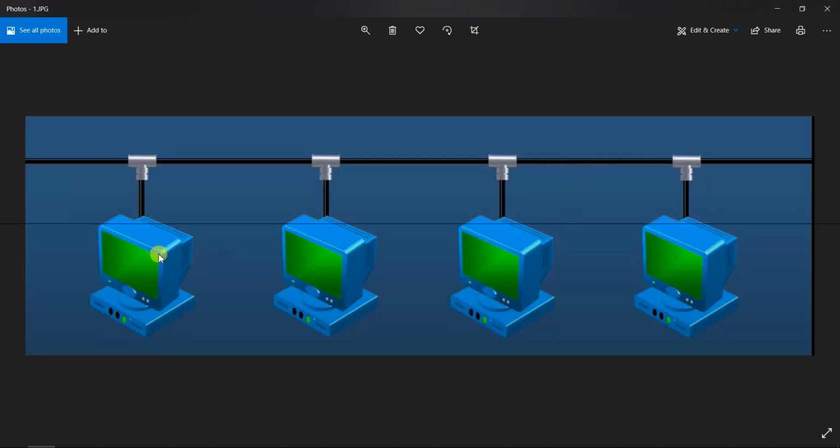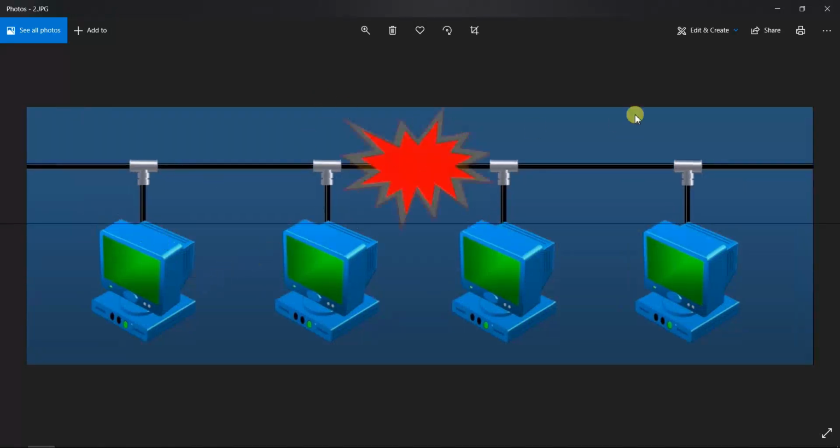Suppose station A wants to send data, it senses the channel and doesn't find any traffic. Similarly, at the same time, station D also wants to send data. It senses the channel. It also doesn't find any traffic. So both start sending. If both the packets collide, then there will be a collision. You can see this. There may be a collision. After this collision happens,